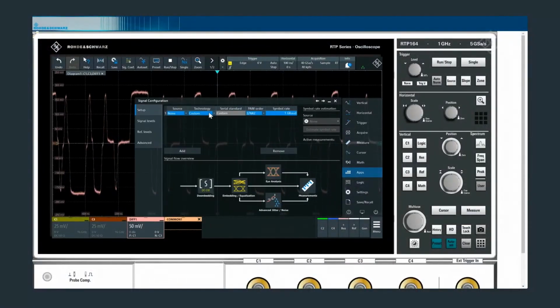Reduce the call mode, then go back into signal configuration. We'll then define that as differential 1, Ethernet, and then we have 100 base T. It's already defined the PAM order of 3. So before we had USB 3.1, and that was a PAM order of 2 technically. So non-return to 0 is a PAM order of 2 steps. We then could go up to PAM 8, but this is a PAM 3, and it's already defined the 125